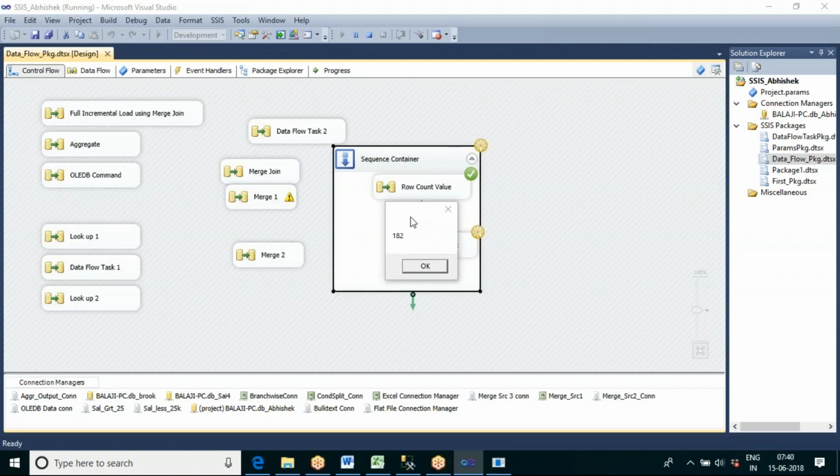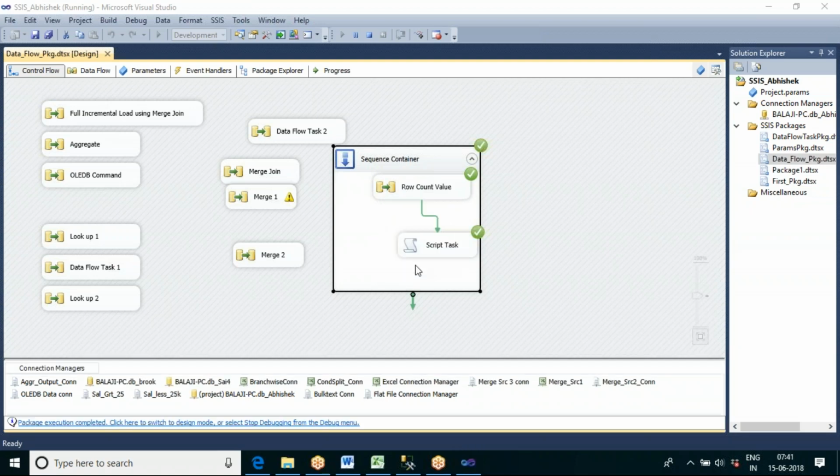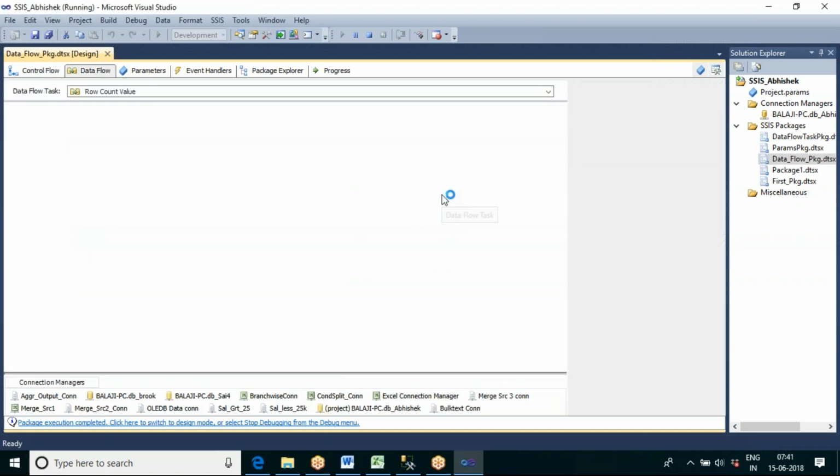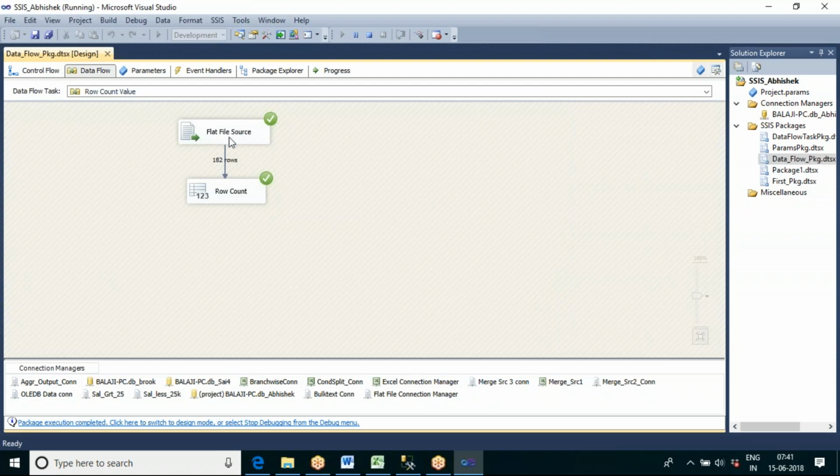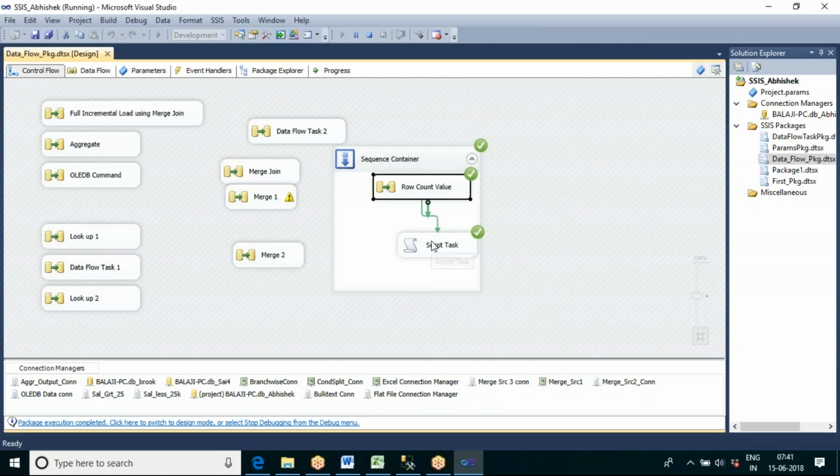It is showing that the row count is 182. Inside this row count transformation, we can put the data into this row count variable, and we are able to display that value by using this script task. That's it.